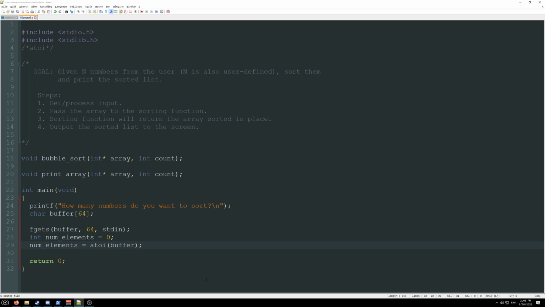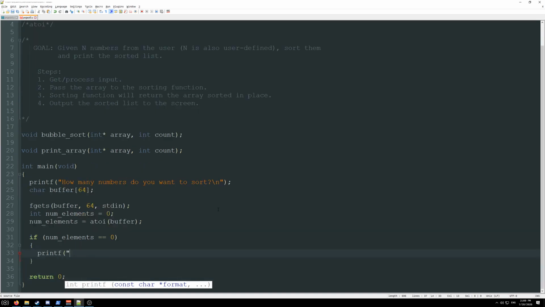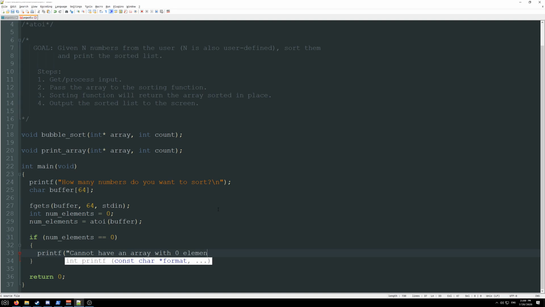If we get 0, or if we get something we don't recognize for the array size, then we're gonna have a problem. We can handle this in one of 2 ways. We can either repeatedly ask the user for input, or we can print an error message and stop the program. This time I'm going to print the error message and stop the program. So if num elements equals 0, printf, cannot have an array with 0 elements, new line,